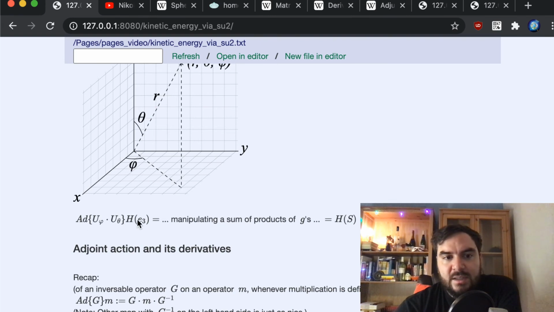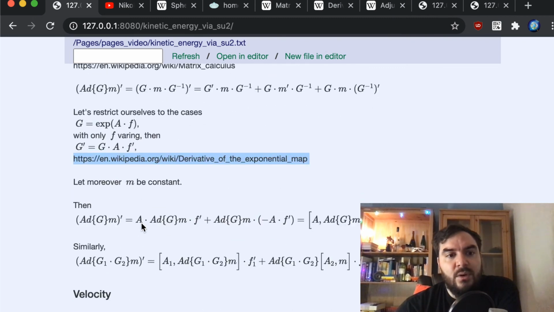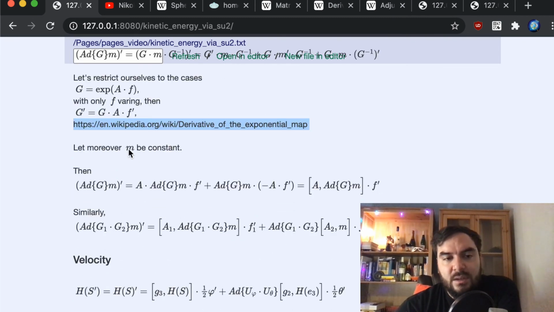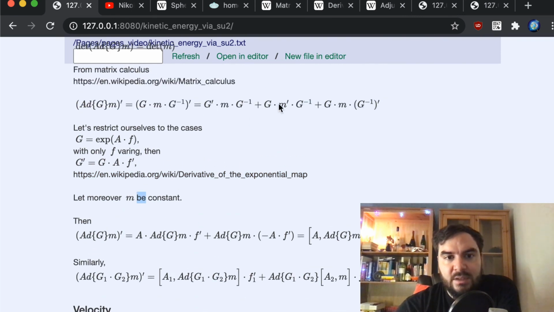So this is our M. This is what is acted upon by this adjoint action. And since this is just a fixed matrix, this is actually going to be 0. And for that reason, as we have it in our situation, we only need the case where M is constant, which means that this term is just 0. So by that logic, using